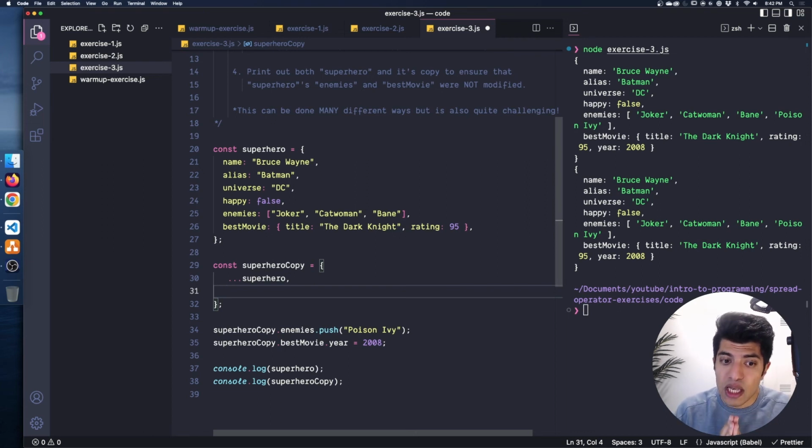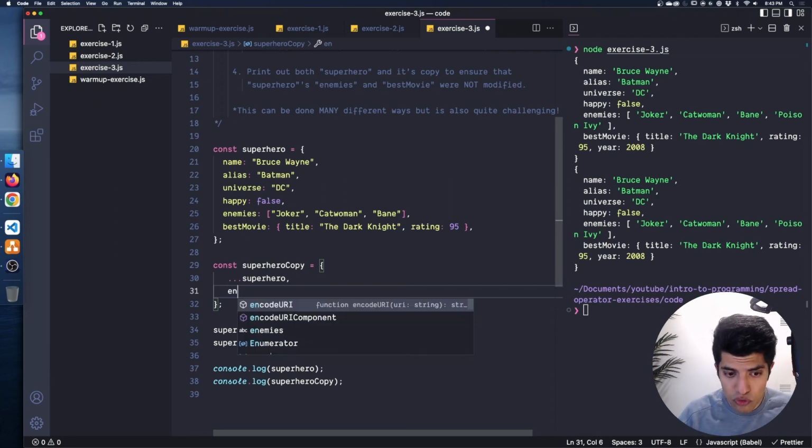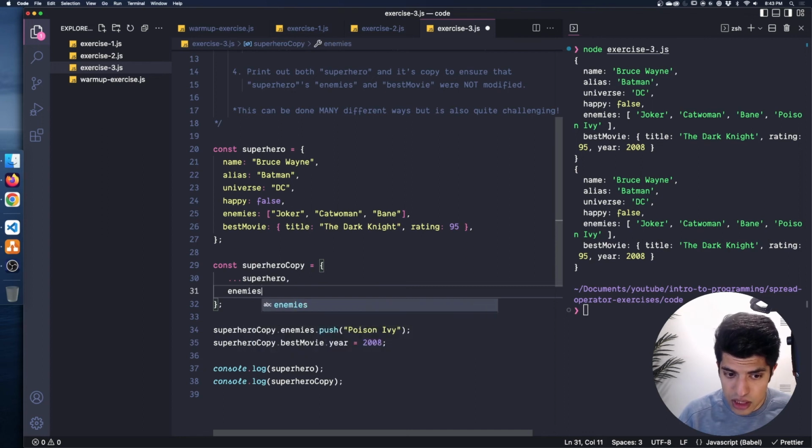We saw in the spread syntax video that we can take these key value pairs and add duplicates after the spread, right? So if we have a duplicate key, depending on if it comes before the spread or after the spread, we can actually overwrite things. So what I want to do is overwrite enemies, and I'm going to say that the enemies is actually going to be a spread of the